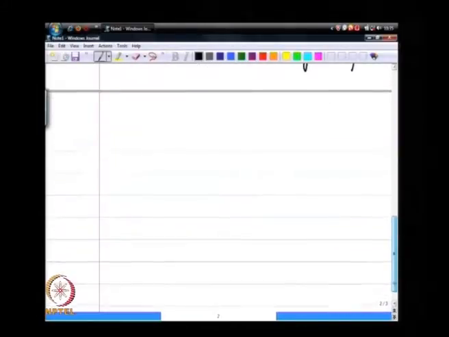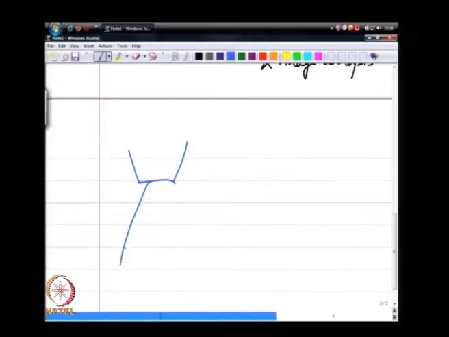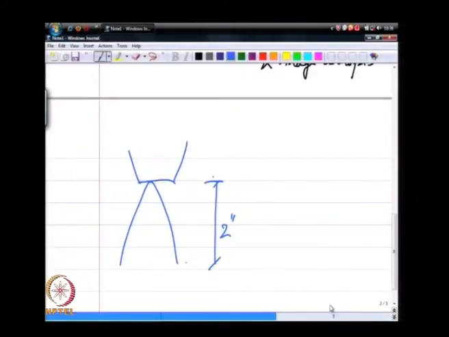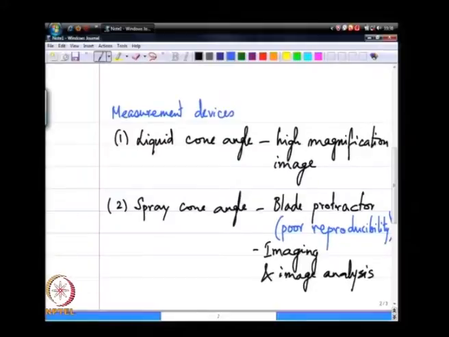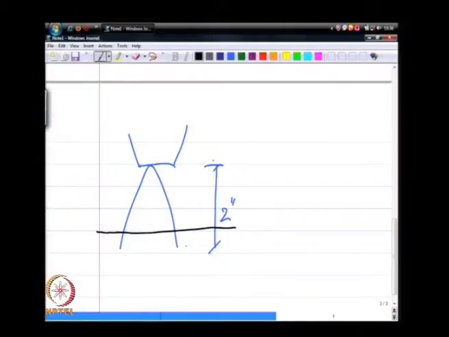So, one way that imaging is often employed is if I take an image of a spray, let us say an image that is a sufficiently large spatial representation of the spray cone angle. The liquid cone is very close to the nozzle here, and then when I take the image I do see all the mist and everything on the edge, and if I take a line going across the